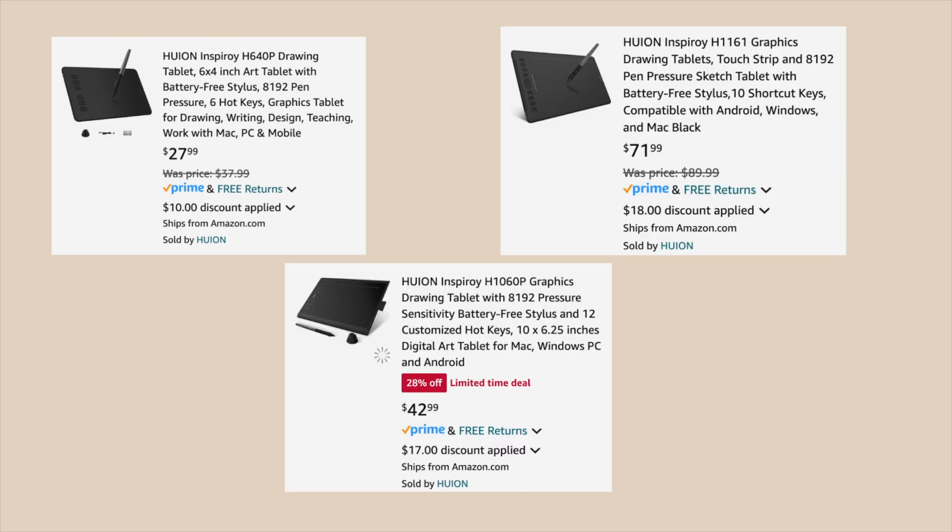If you have an iPad already, you can create art for free. If you have a desktop or a laptop, you can buy a $50, $100 tablet to start drawing. There are so many free digital painting programs like GIMP or Krita. There are really inexpensive ones like Paint Tool SAI and Clip Studio Paint that offer good free trials and are pretty inexpensive for a lifetime license. Clip Studio Paint gives you a 6-month free trial, and then you can buy the program for as little as $54 for a lifetime license.